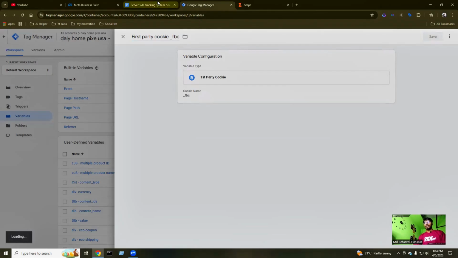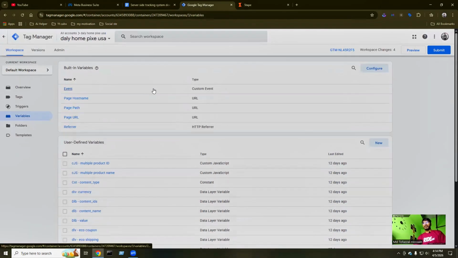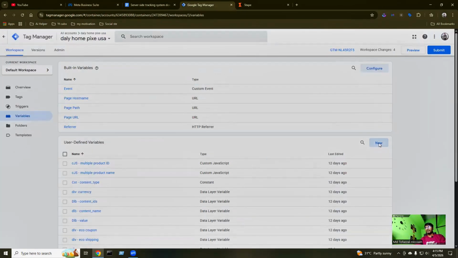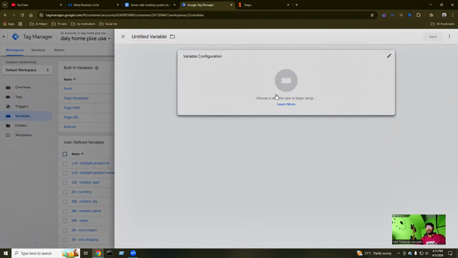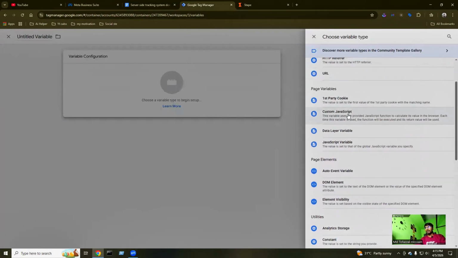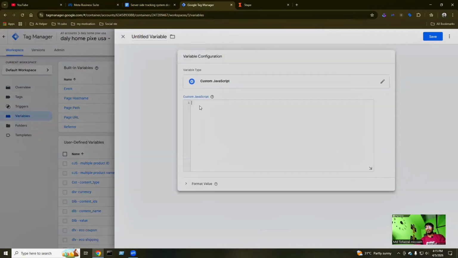So we need another variable, this time for event time, a custom JavaScript variable. So this is custom. Okay, so you have to go here and press new, and I'm going to create a variable. That one is custom. So which custom? Yeah, this is the custom JavaScript. Select this one and paste this code in here, and